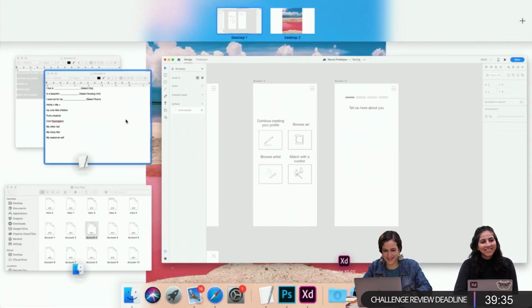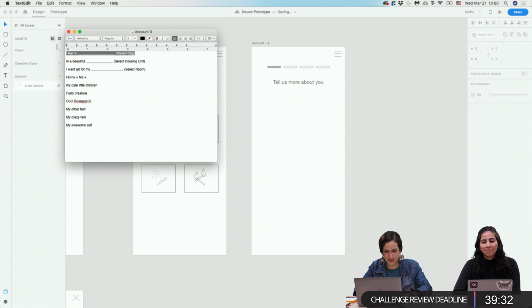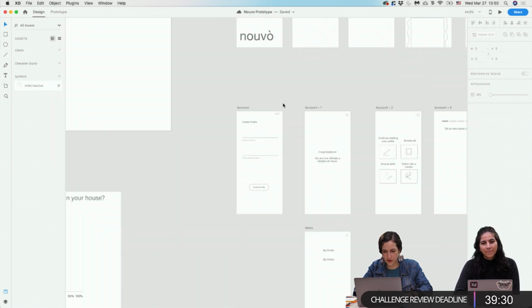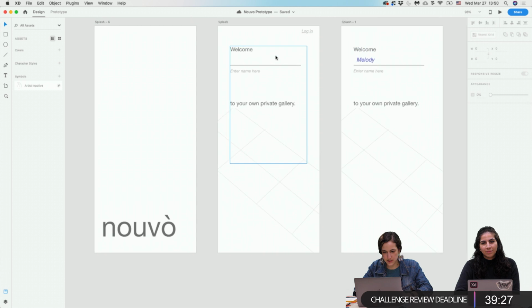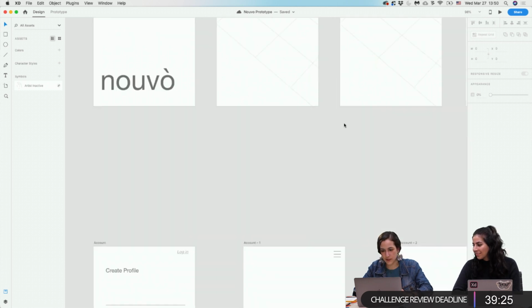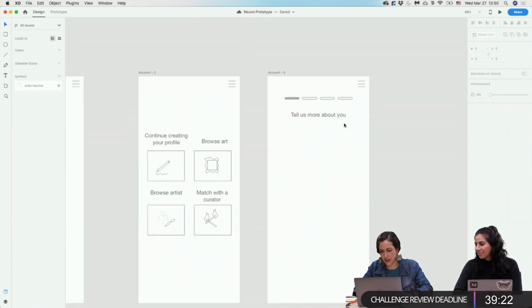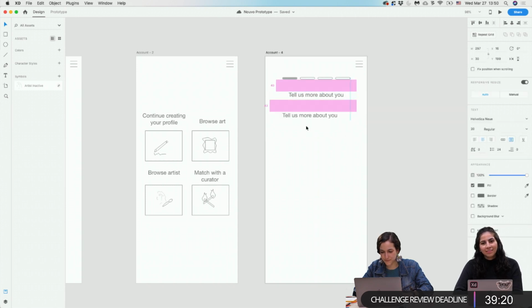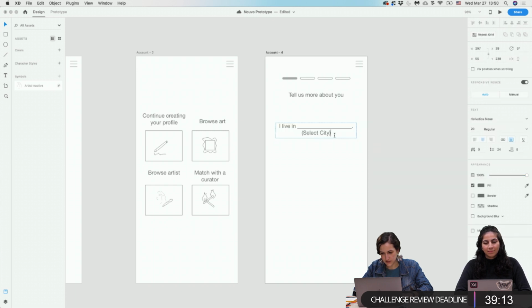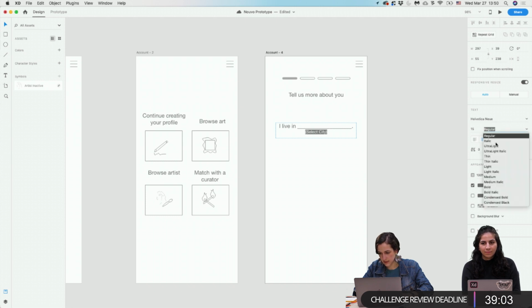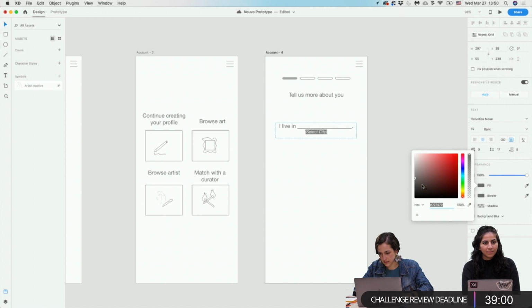Tell me about it. Okay, so this is the script I have for now. And you might have noticed that I'm going with a Mad Libs style, where people just fill in the blank. That's to give that personalized feeling. So I'm going with "I live in," so the person can select the city they're in. I'm going to make this italic. And then,